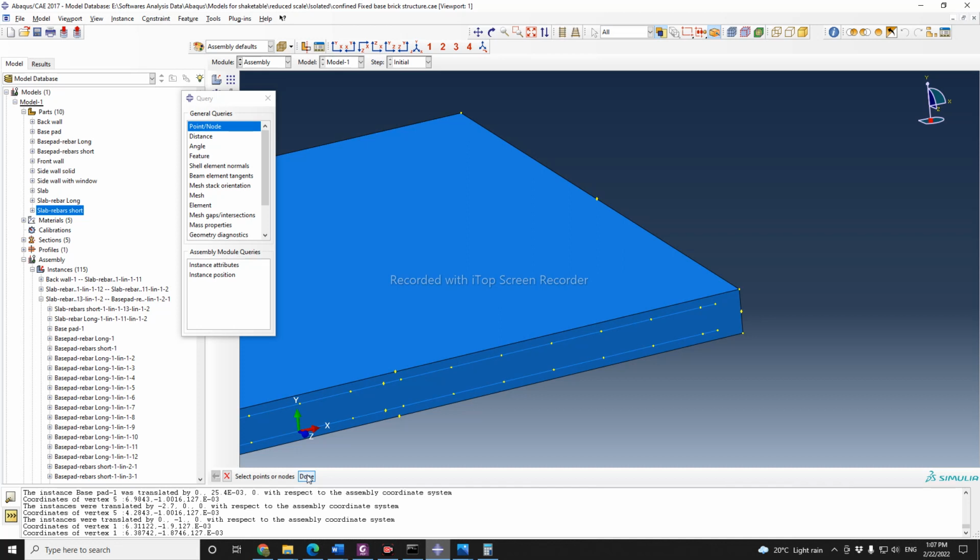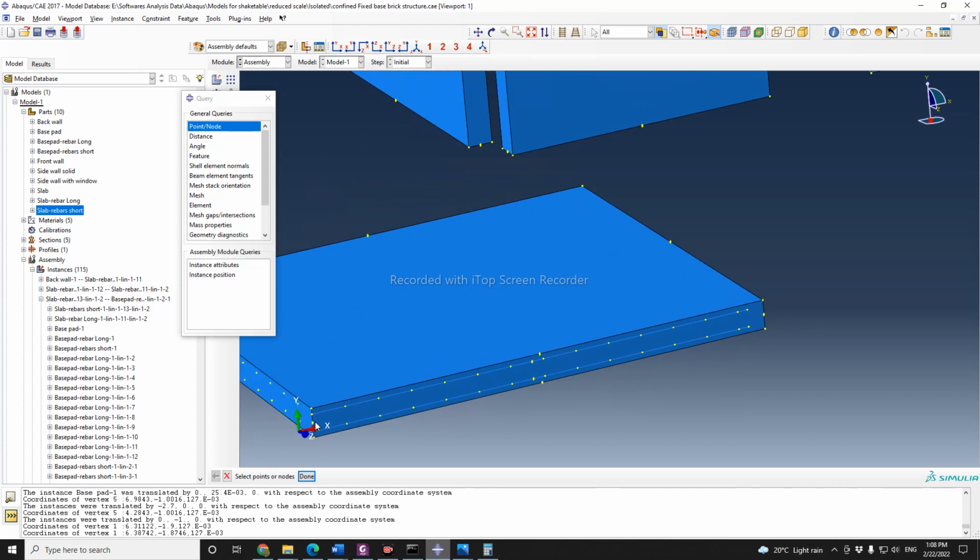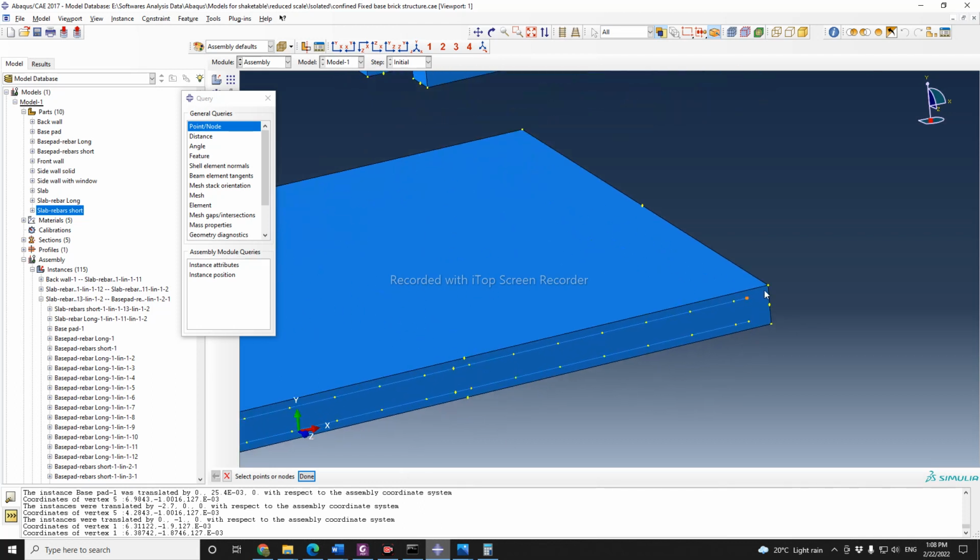So what I'm doing here, I want to find the space between these two, because I want these rebar to move in that direction, but how much? The space which is equal to half of this thing. As you can see, my rebar is at the end, and I want them to move in this direction. So how do I do that? I can simply point the location of this and this, and I can find the difference between the spacing of the x